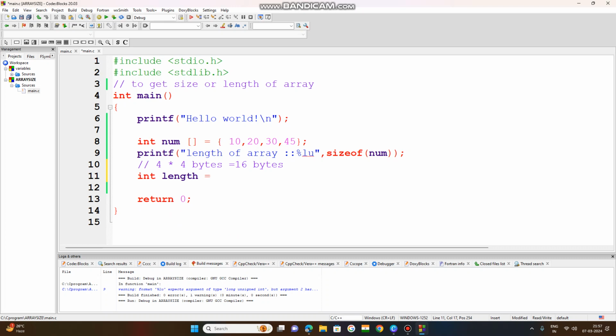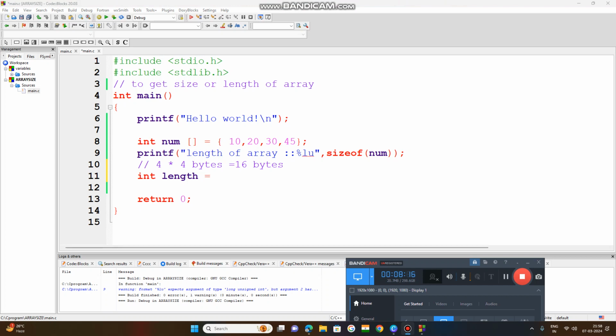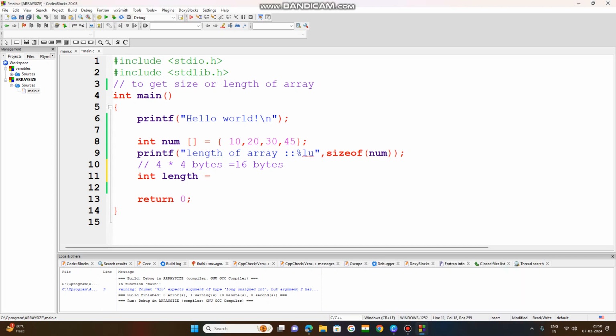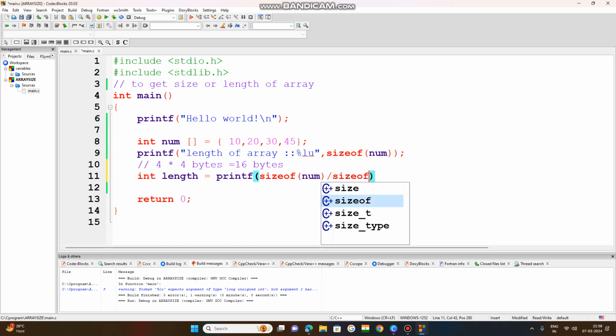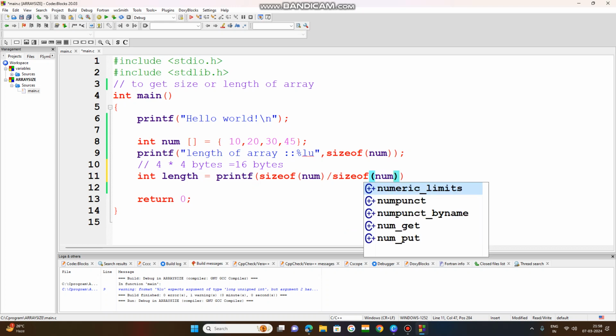If I want to get the length, meaning how many elements are there, I need to use int length equals, and here you need to use sizeof of num, then forward slash, again the sizeof operator in brackets, sizeof num of square bracket, to be divided by sizeof num of,